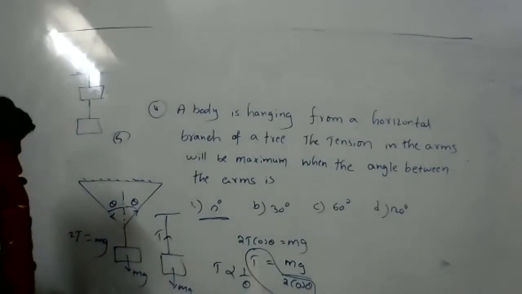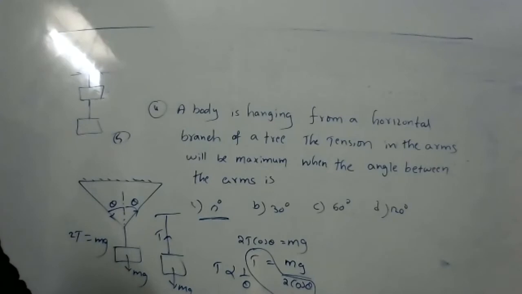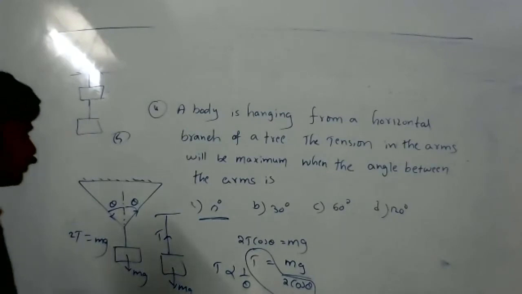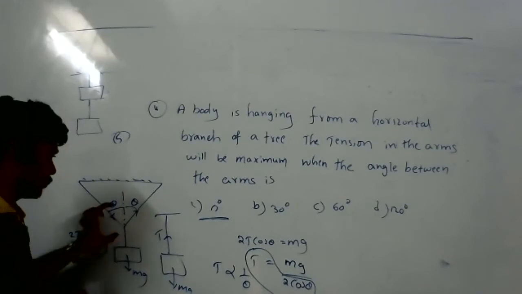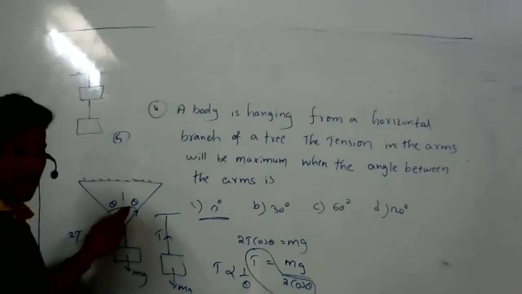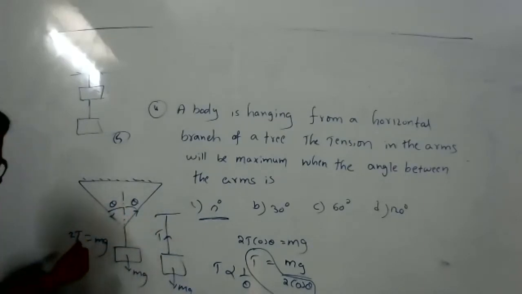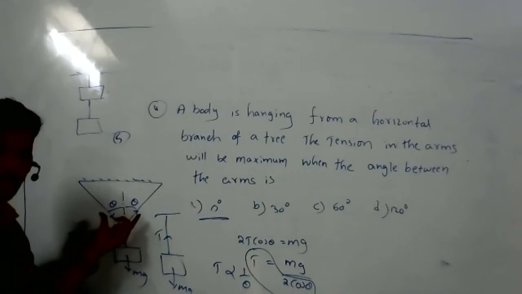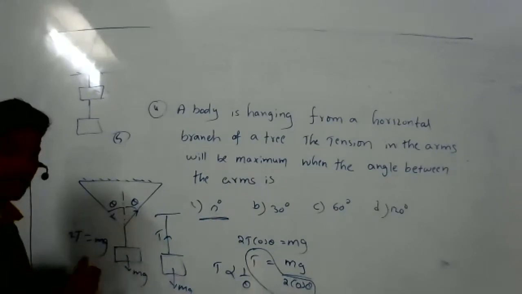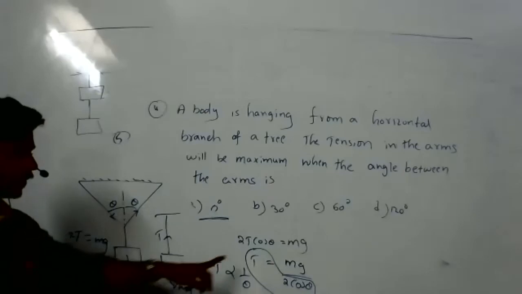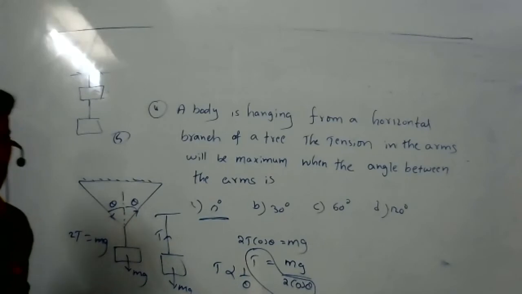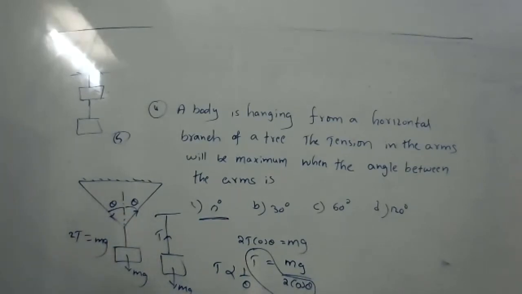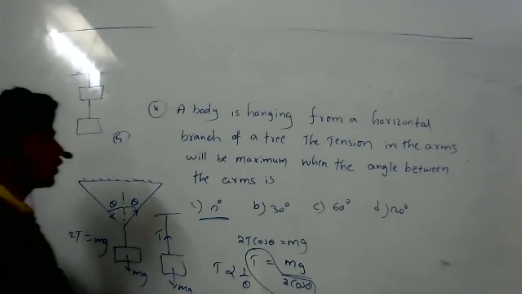mg will get cancelled. Sir, we know that the maximum possible tension between a string and a mass is mg if it is gravity, right? When there are two strings, whatever she told, it is 2T actually, when we are taking the two strings in the same direction. So that time, whatever you are telling won't be correct. But according to the formula, it is correct. So when theta is decreasing, tension will increase. But the answer given is actually 120.